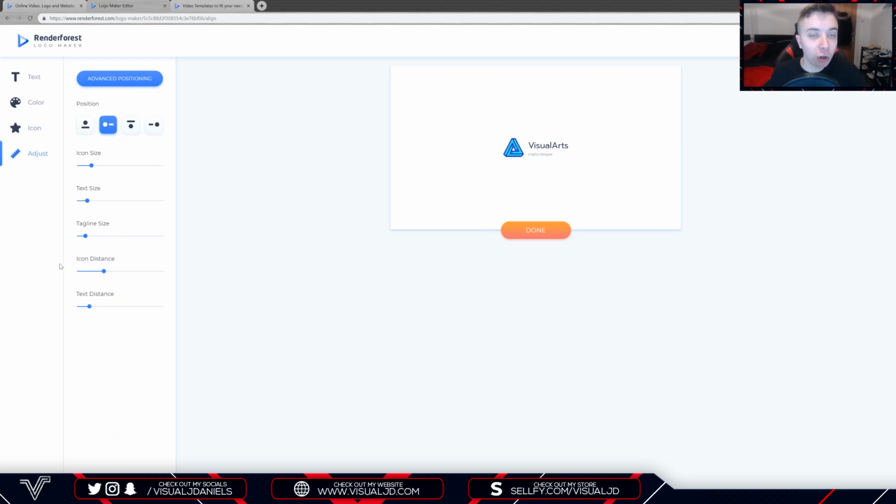So now the final tab here, we have adjust. On here you can basically alter the positioning, the text size and everything like that. So I'm going to move the positioning. I'm now happy with this one, and once you are finished with your logo, of course you want to press